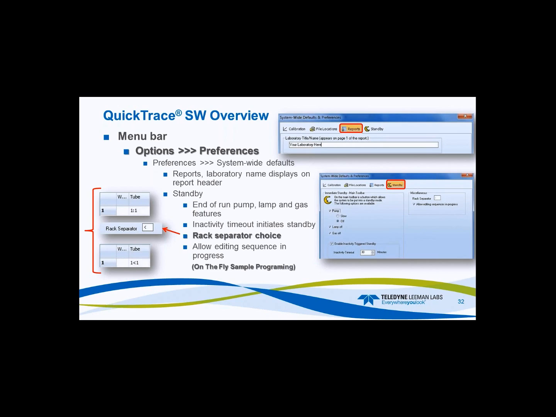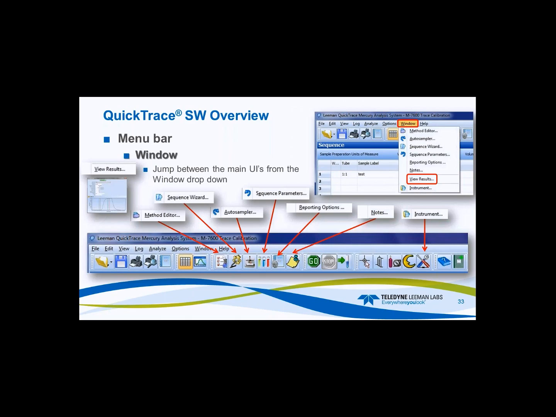And if you want to allow loading samples on the fly, then you have to have this checked: Allow editing of the sequence in progress. You check that, and that's where you load samples on the fly during the run. You can add samples. The window menu on the menu bar is where you can jump between different